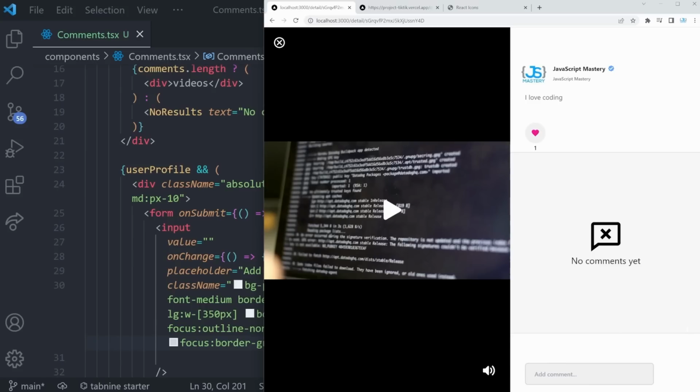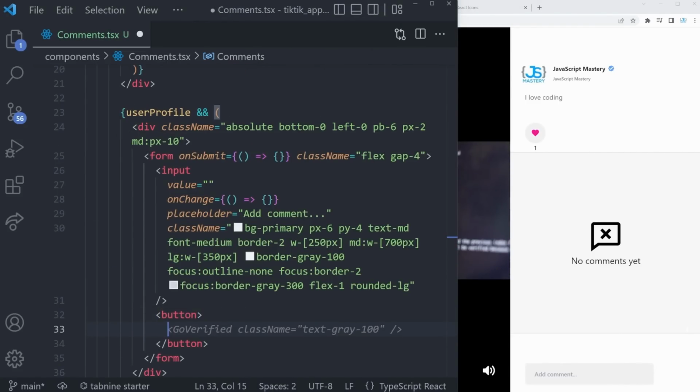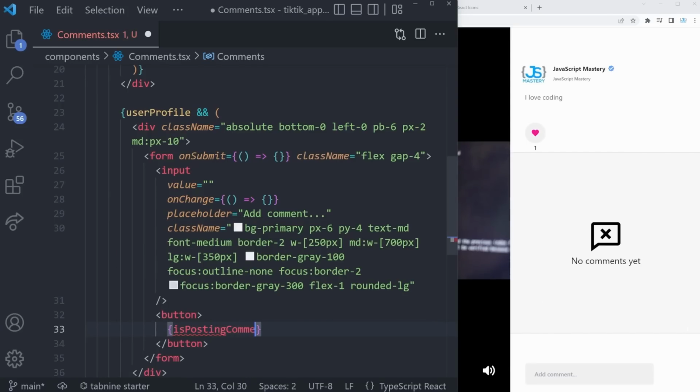Great. Below our input, we're going to also have a button. This button is going to have a special variable that's going to check if is currently posting comment. If it is, it's going to say commenting,